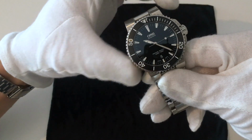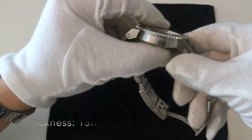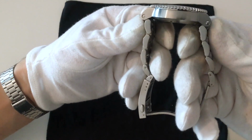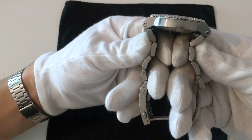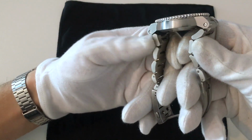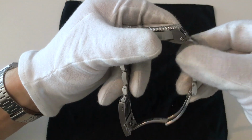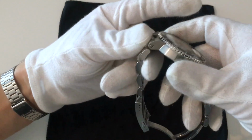So dimensions. Diameter of this watch is 43 millimeters. Thickness is pretty standard 13 millimeters. Lug to lug is around 50.5 millimeters, so surprisingly short, and wearability is improved by these really downward curving lugs. Also, the integrated bracelet helps because it falls straight down from the lug, not protruding outwards, so that all contributes to the wearability of this